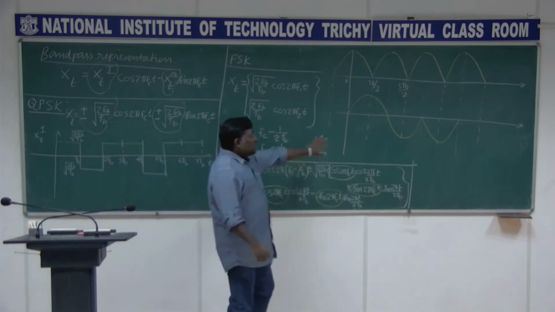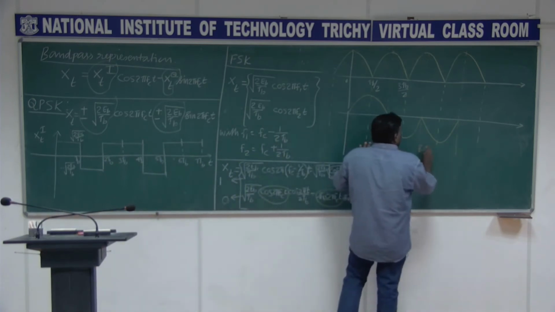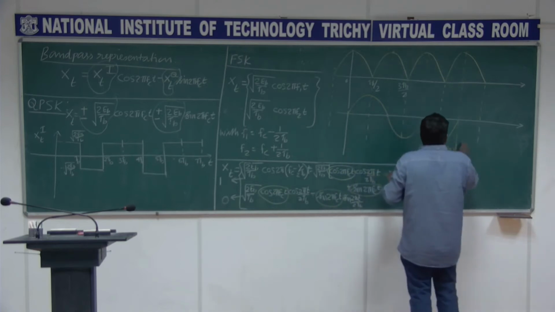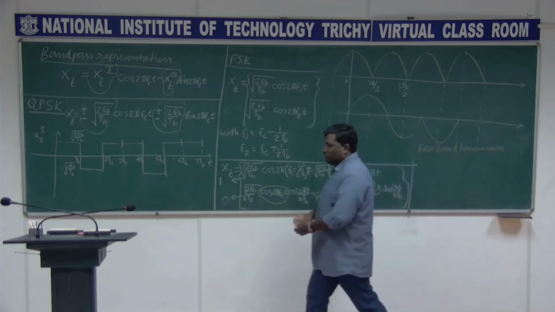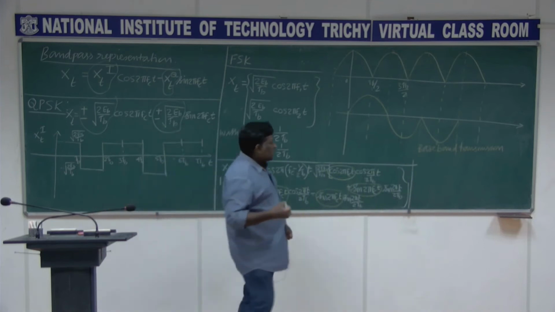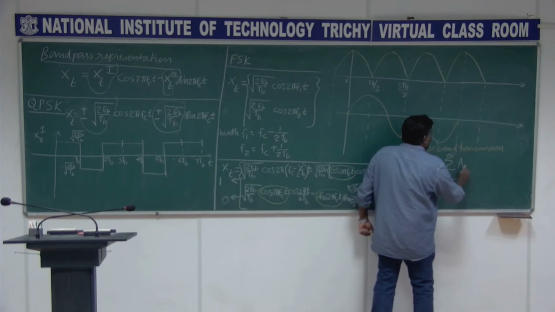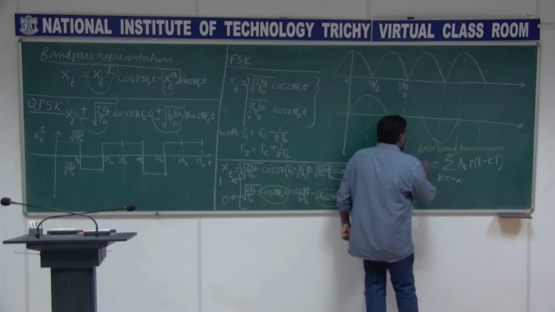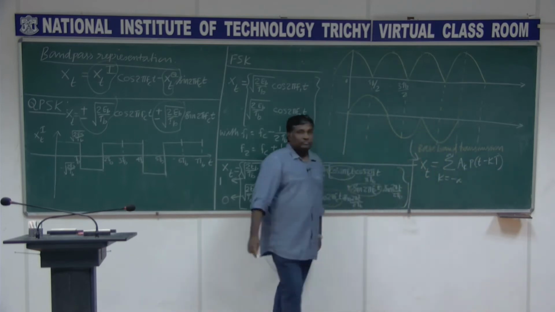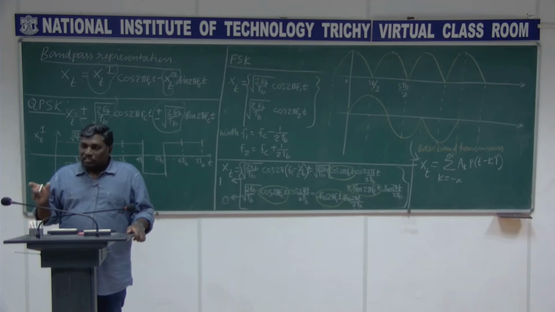In fact, this is the one we discussed in the previous class. This is the baseband transmission of the form which we discussed in the previous class, right? Sigma k equal to minus infinity to plus infinity a_k p of (t minus kT). Of course, the delay I have not drawn. This is of this form. I can claim this is that form. The only thing is the pulse shape is not a rectangle. The pulse shape is different.